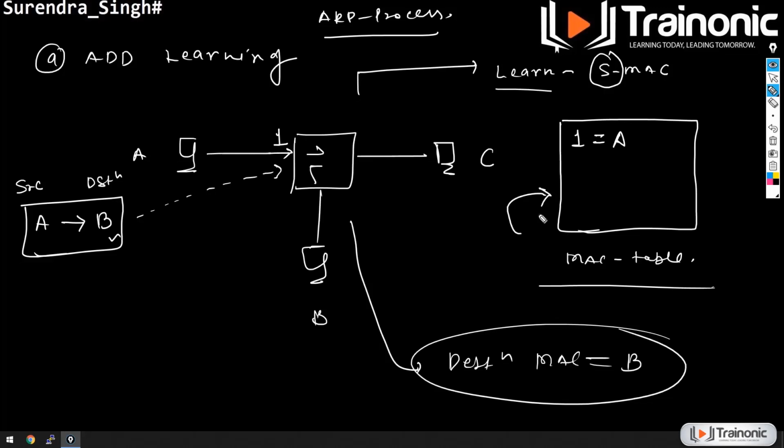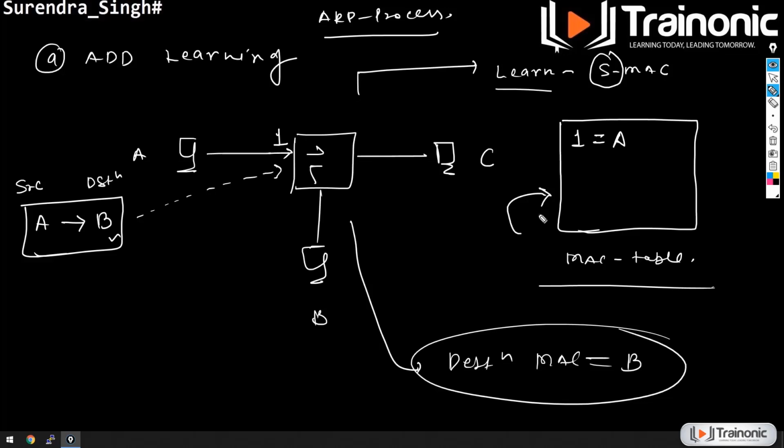Since the MAC table was initially empty, there is no information in the MAC table regarding the destination MAC address B. If it was a router, it would have dropped that packet, but since it is a switch, it will not drop that frame, even though it does not know how to reach that destination MAC address, because there is no entry in the MAC table.